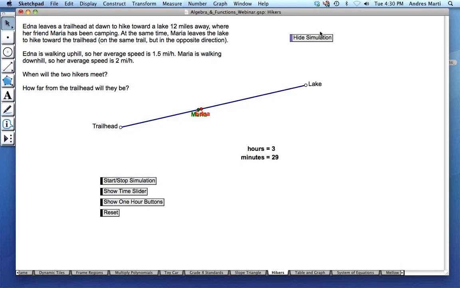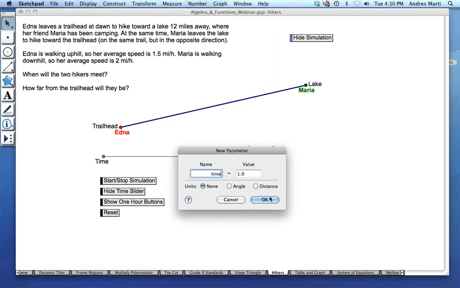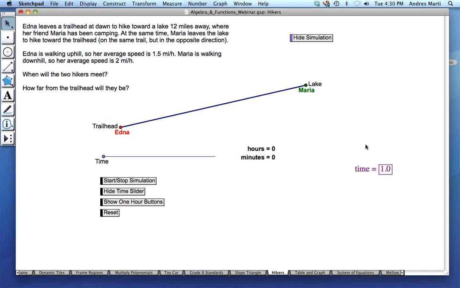One thing that's really cool in Sketchpad that I end up using a lot is this idea of a time slider. In constructing this simulation, what's really determining where Edna and Maria's positions are on that trail is time. But rather than time being a parameter, which it could be, in Sketchpad you can always just have a parameter that you call time and give it whatever value you want. And with Sketchpad 5.04, by the way, for those of you who already have Sketchpad 5, if you haven't downloaded the most recent edition in the last few weeks, you should,